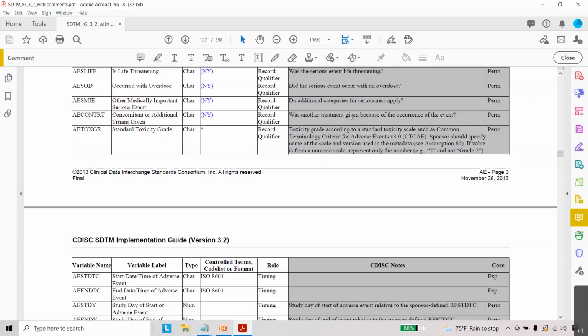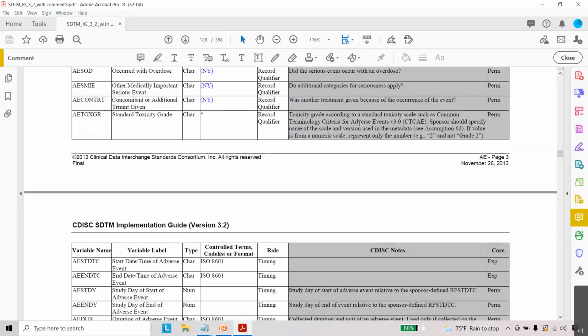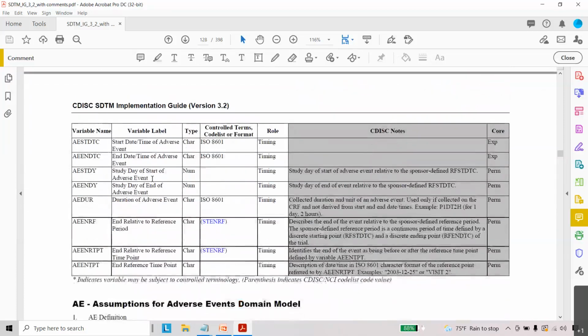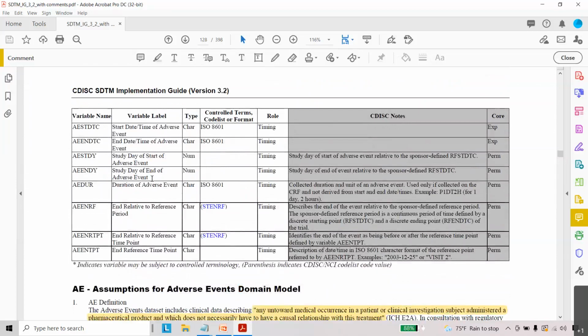Based on the classification, we can assign the value with respect to the particular event, and that is called the AE toxicity grade value. And we have a few variables left. The variable is AESTDTC. I discussed date and time variables earlier in another class.